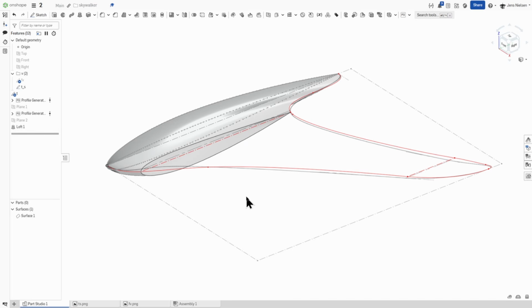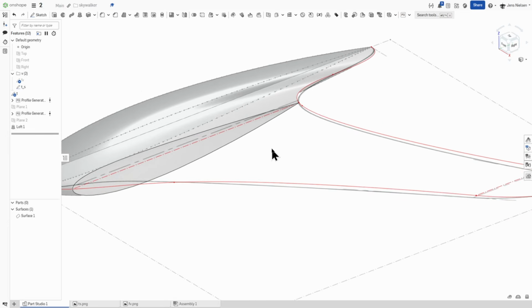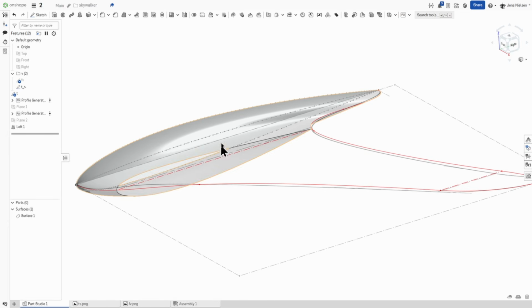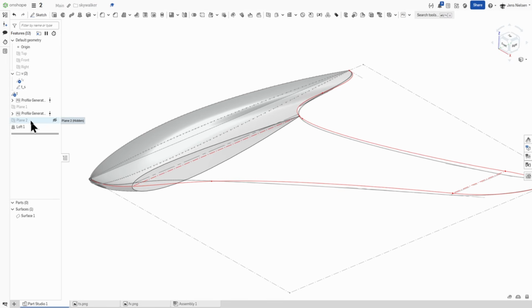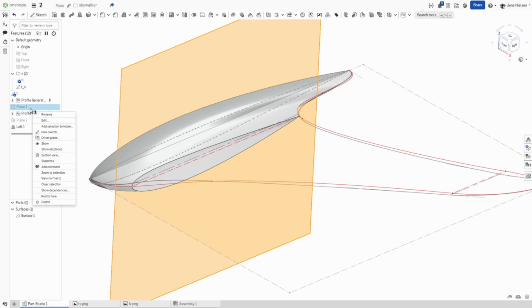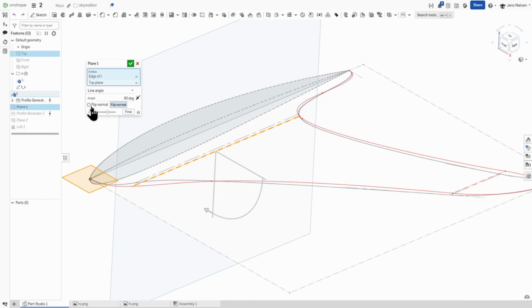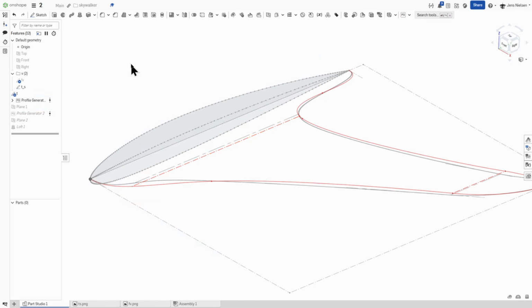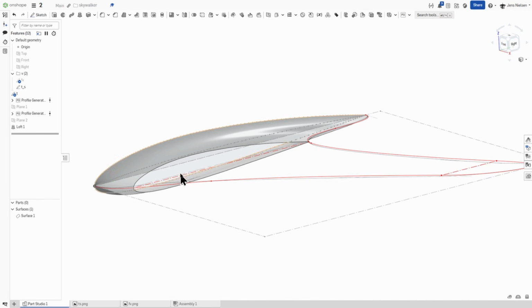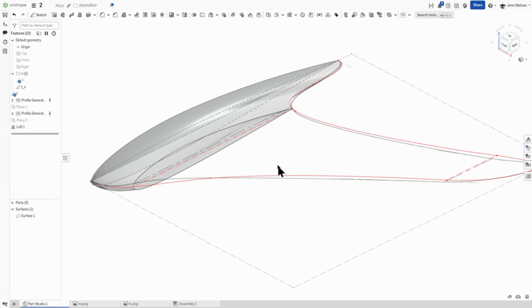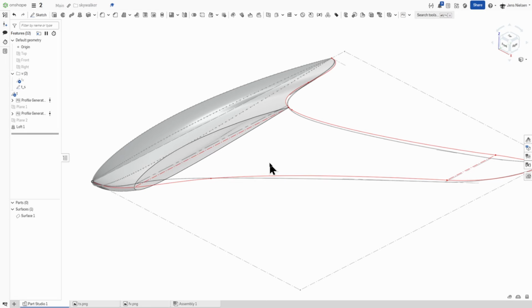Before I continue, I need to see that the profile is turned 180 degrees, so I'll just go to the definition of my plane and flip the normal. So on this curve here, upwards, right? Okay, I'll continue with the definition of my